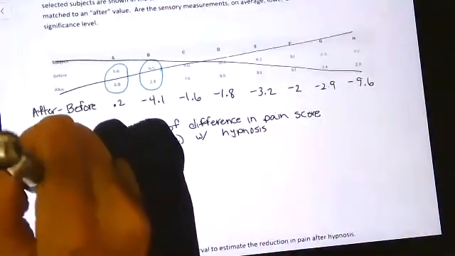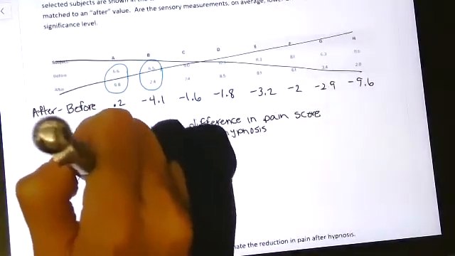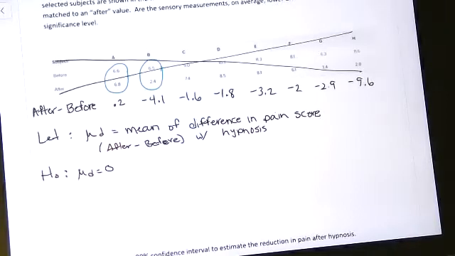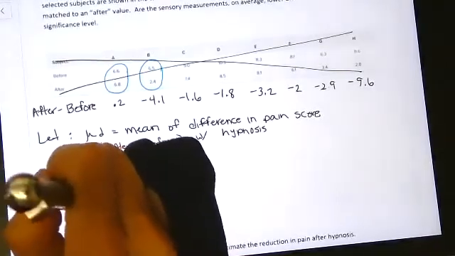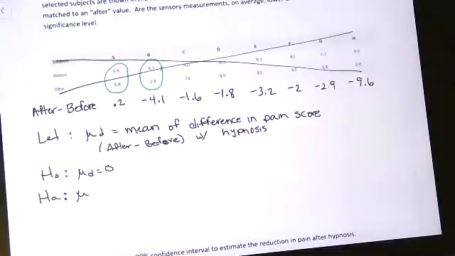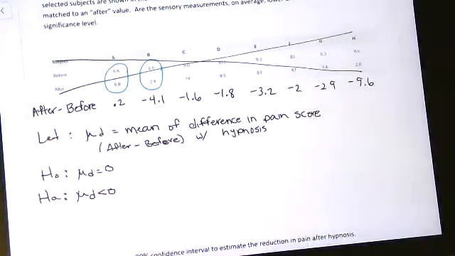Okay, our null hypothesis. There's not a lot of room here, I just noticed. So our null hypothesis is that the mean difference is 0. In other words, the hypnosis does nothing. The alternative is what the people doing this treatment are hoping to prove, that the hypnosis will lower your pain score. So we would want a negative difference. All those negative differences represent somebody who had a lower level of pain after they went through the hypnosis.